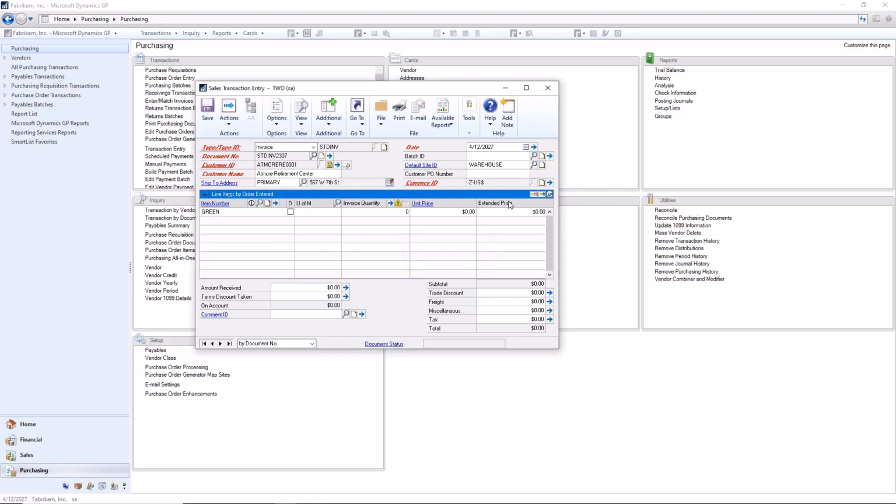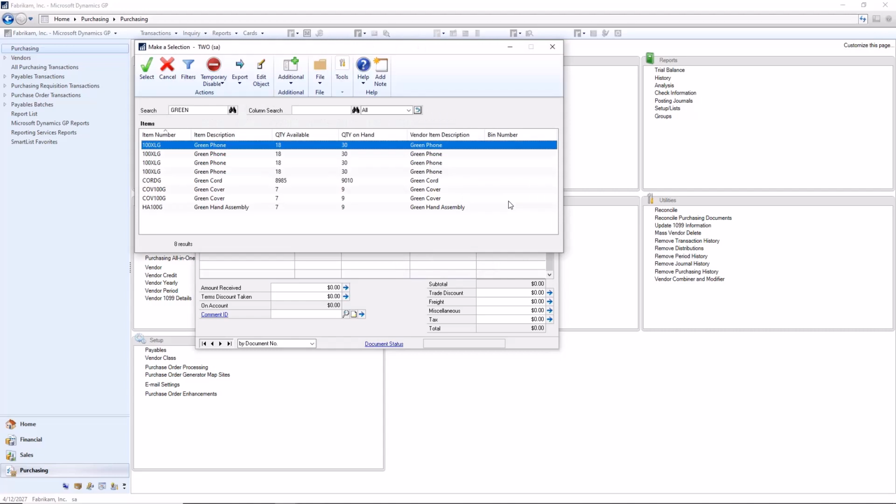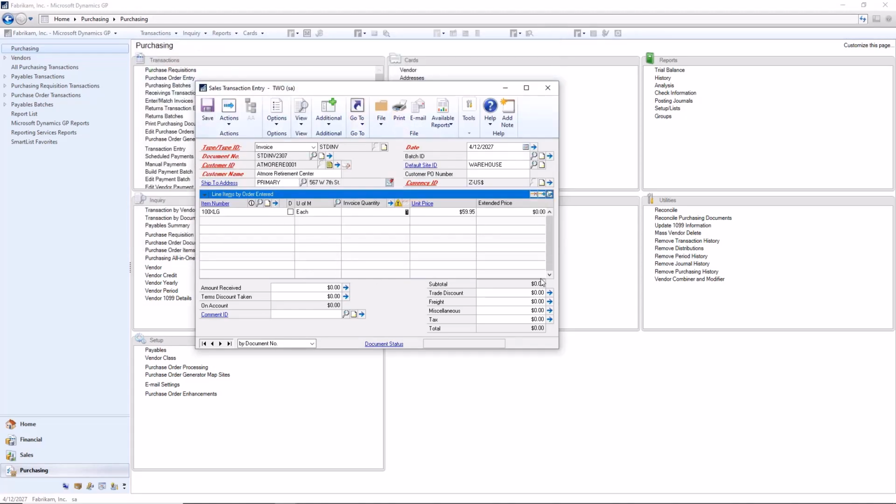I think SmartFill makes a huge difference searching items because I don't know item numbers. I can't remember 500 different widget numbers. So SmartFill just takes what I know, goes and finds my items. Here's an example of a calculated field. I have my quantity available and my quantity on hand also listed with even my vendor item descriptions. I can even pull in bin numbers, things like that, so that I know I'm grabbing the right item and I have enough of it on hand to sell. So we've got our green phone